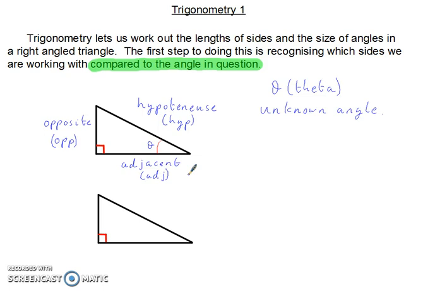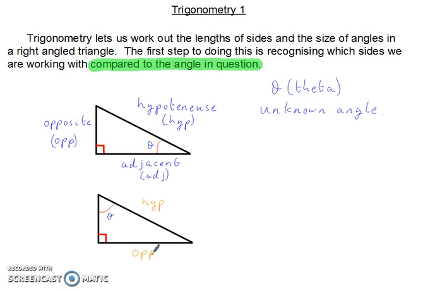Now then, I can, if I want to, think of the angle at the top if you look at the second triangle. Now then, if we don't know this angle here, our sides do change around. First one, the hypotenuse, and I'm just going to change colours to make this obvious. The hypotenuse will stay in the same place. It's still the other side to the right angle, longest side on the triangle, but the opposite to the angle we're thinking of,